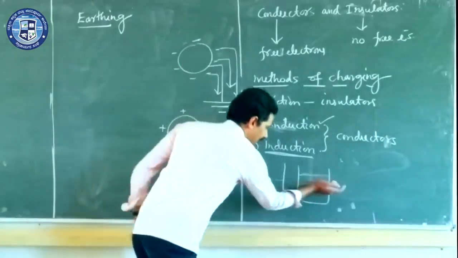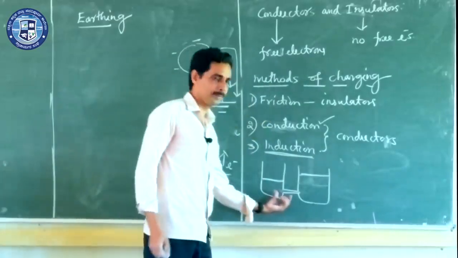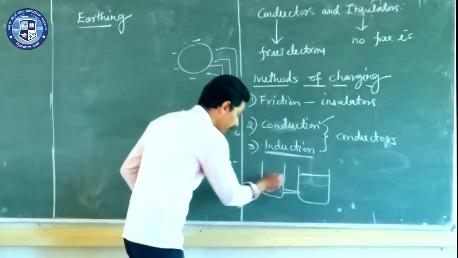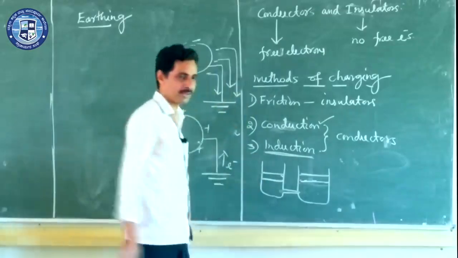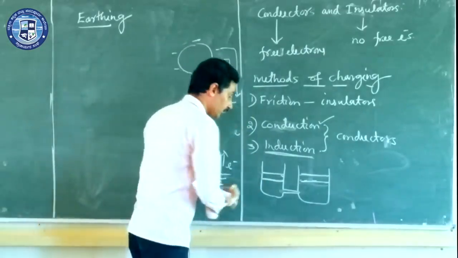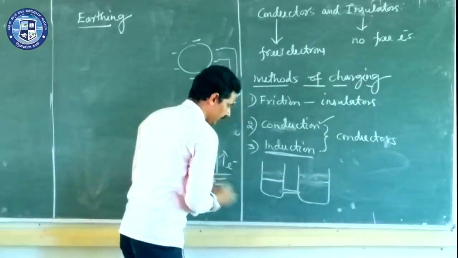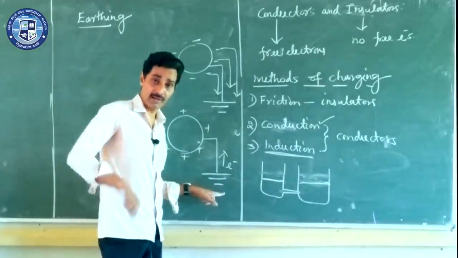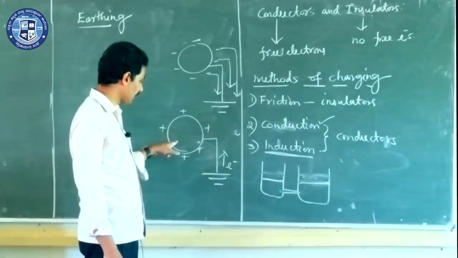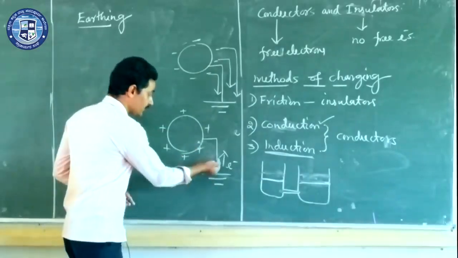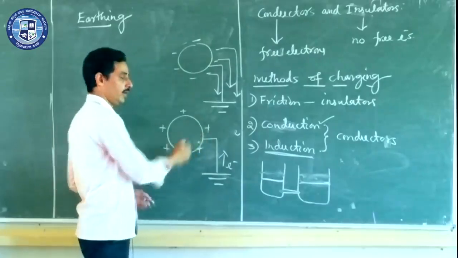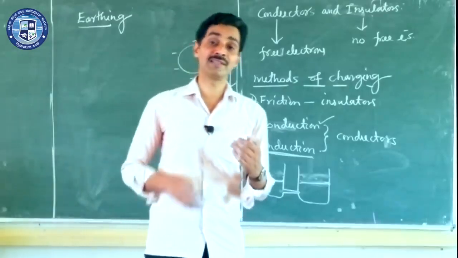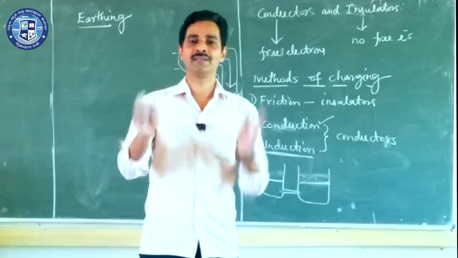Suppose you have two beakers, one containing more water and another containing less water, and you connect them by a pipe. Water will start flowing from the high pressure beaker to the low pressure beaker till the levels and pressures are the same, and then the flow stops. Once equilibrium is reached, you can't expect the water to flow further. Once we treat Earth as a neutral body for our reference, and once neutrality is reached here also, the flow stops. The electrons required to neutralize all these positive charges will flow. Once the body is neutralized, the flow stops. So if you want to convert a charged body to a neutral body, connect it to Earth.